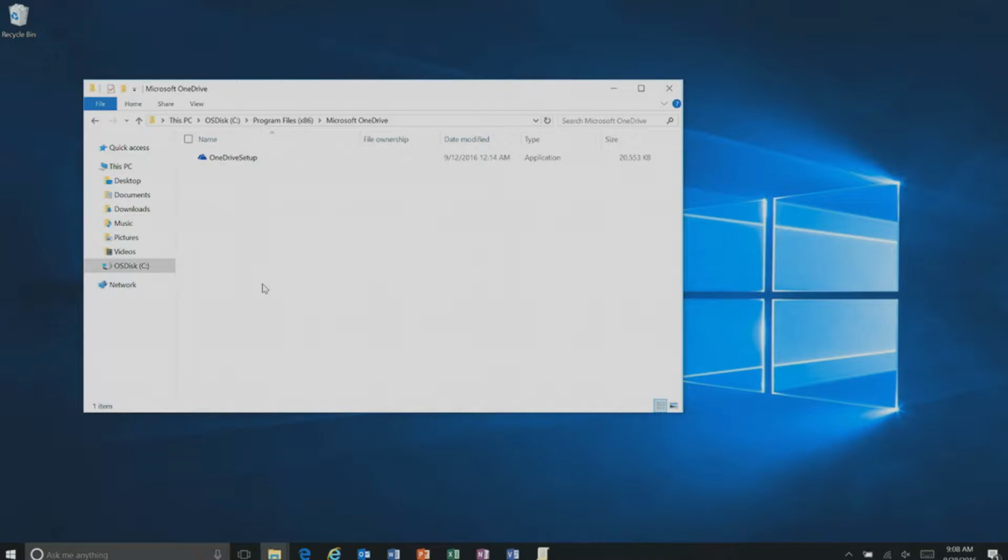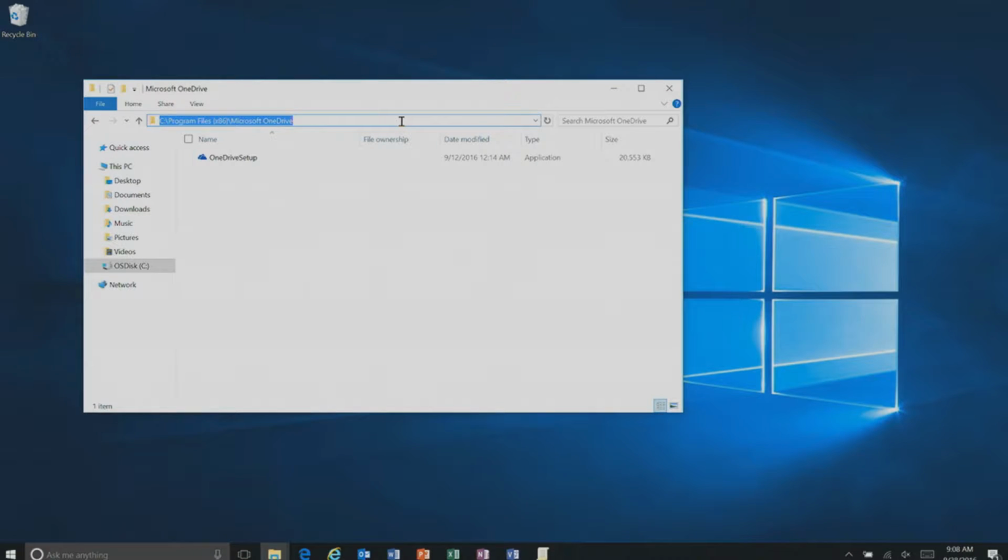But let's actually take a look and see what's inside this folder. What you'll see here is not actually the install. You'll only see the OneDrive setup.exe. This is our installer. And so it's really important to remember that OneDrive doesn't actually install on the local machine under C:\Program Files. OneDrive installs per user on the machine. So let me show you where we actually do install.